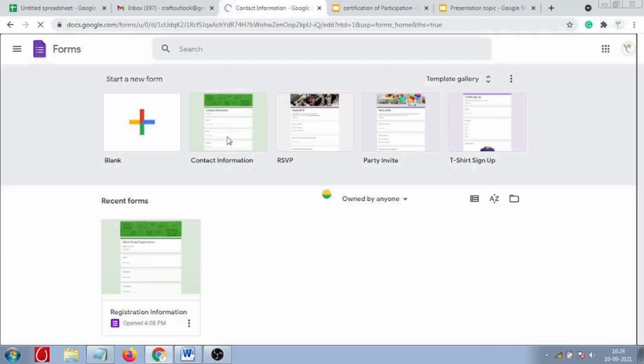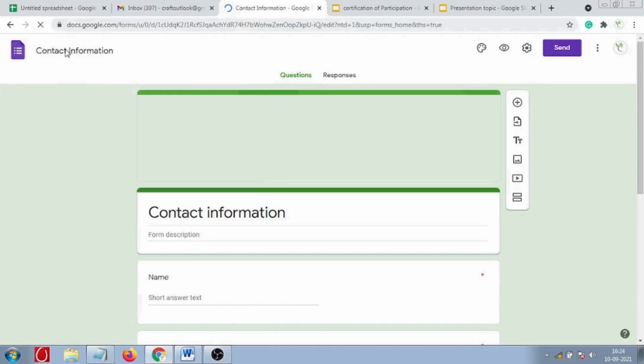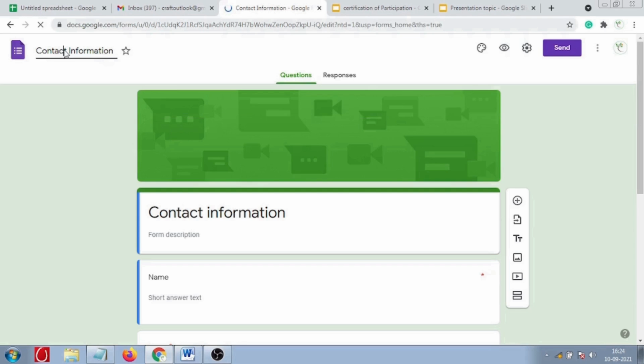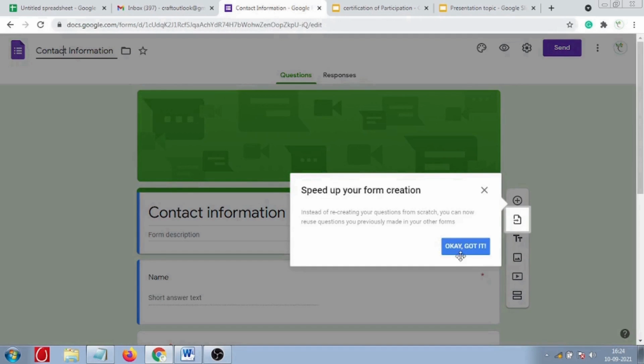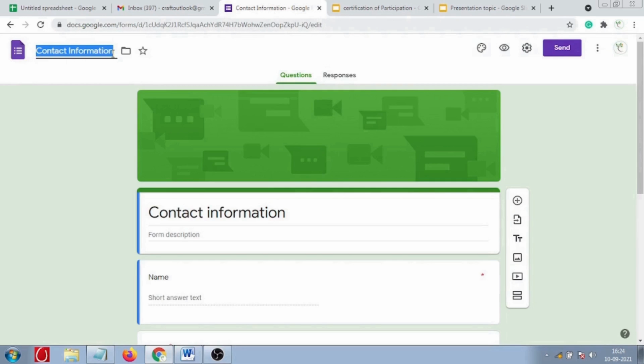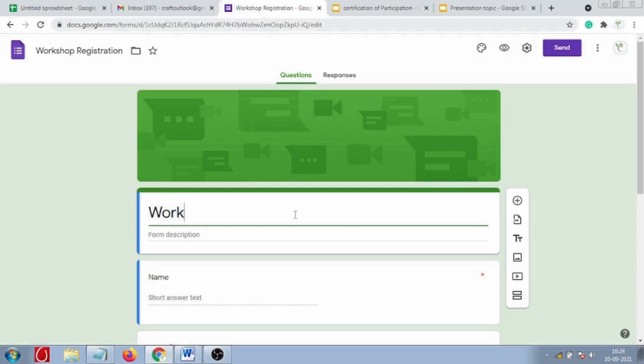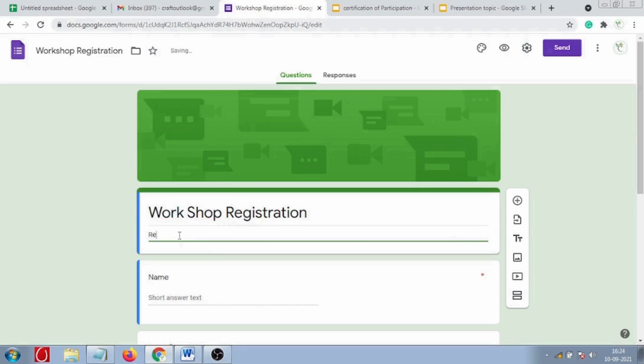So we will take a contact information form, and now we will change the name of the contact information form. We will write workshop registration form. Just write workshop registration. And now we will give the workshop registration name. Just click this. In the form description, we will write this registration for the workshop, which was a detail,